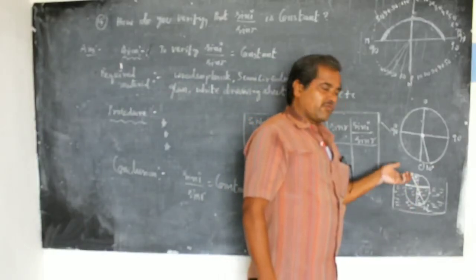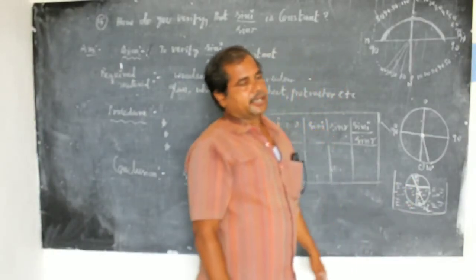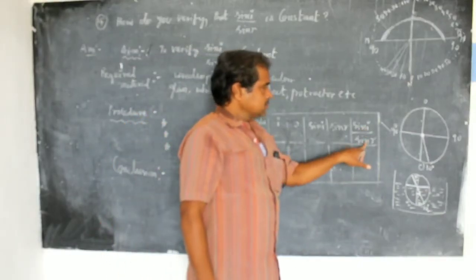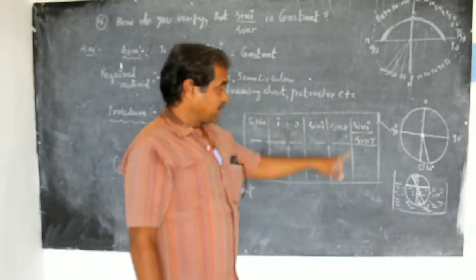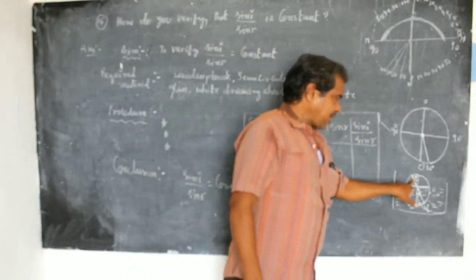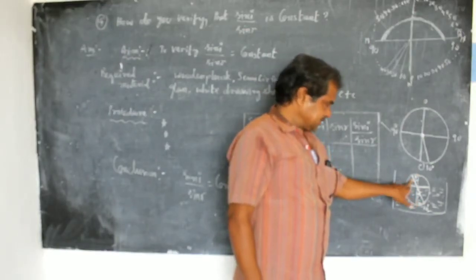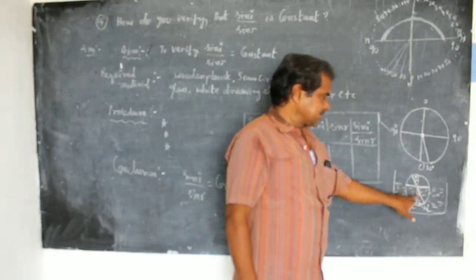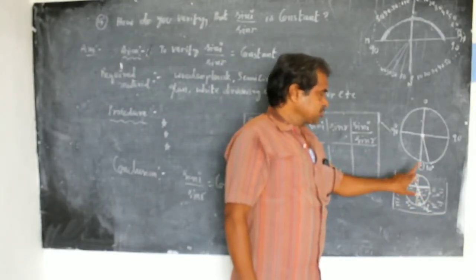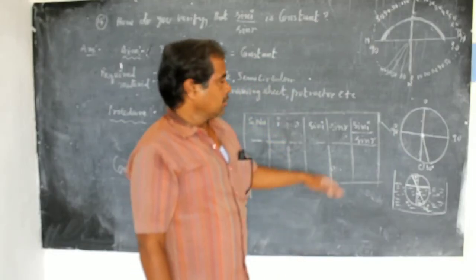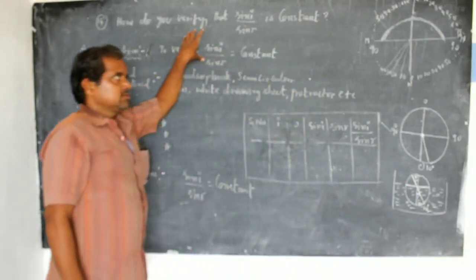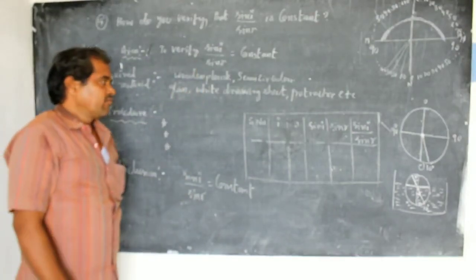Do this activity for 2 or 3 more angles and tabulate all these values in the given tabular column. Here also sin A by sin R must be constant, but the angle of refraction in this case is greater than the angle of incidence, because the light ray travels from denser to rarer. So by doing this activity, we can answer this question also. This question is very, very important for your 4 marks.